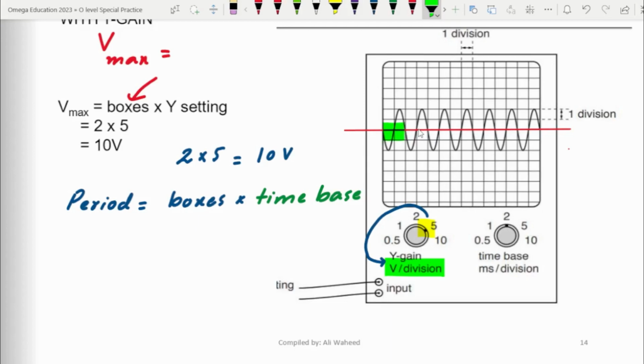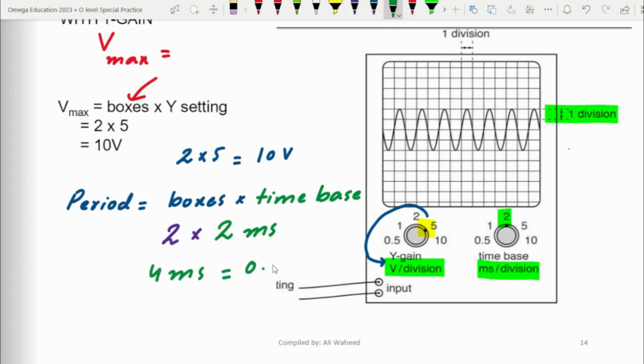So how many small squares do we have in the x direction that completes one wave? We have 2 boxes, right? After every 2 boxes, one wave cycle is completed. For example, the first one completes over here in this box and in this box. And then we multiply by the time base setting, which is 2 millisecond per division. And this is your 1 division. One small square is 1 division. So we multiply by the time base setting, which is 2 millisecond. So what do we get for the answer? We get 4 millisecond,